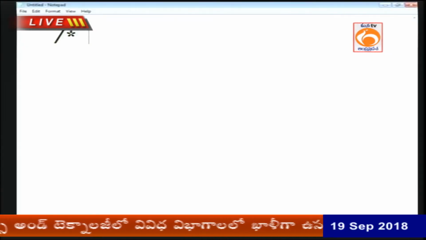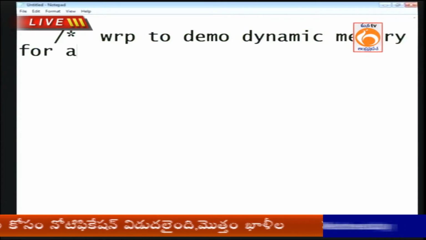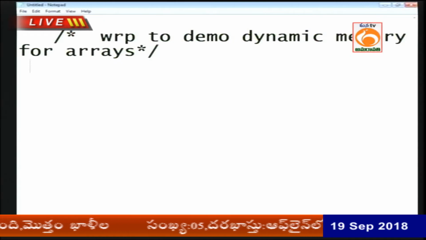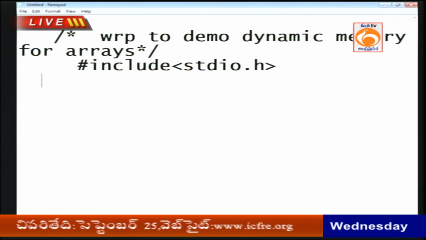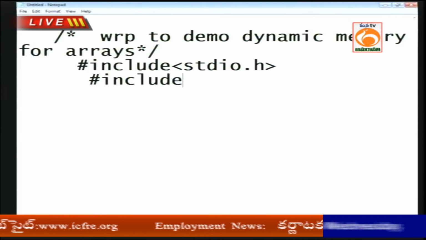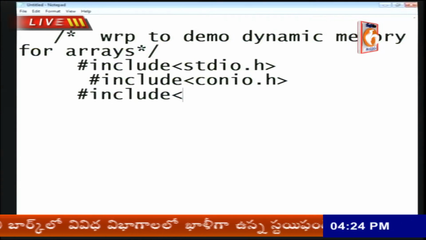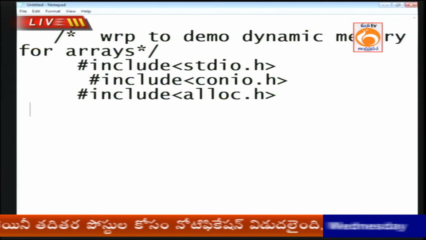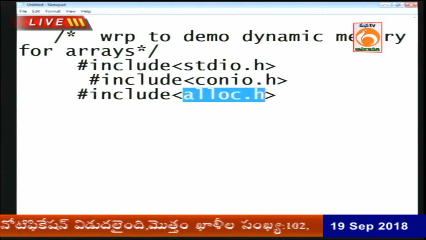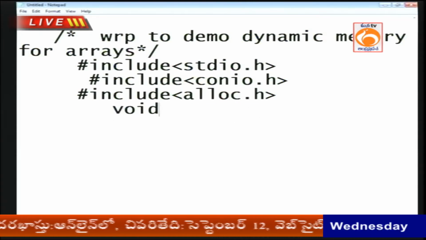See the program. Write a program to demonstrate dynamic memory for arrays. For an array variable I want to create a dynamic array, dynamic memory allocation. Hash include stdio.h, hash include conio.h. One more header file is also required because I want to use the malloc function, that is the reason for alloc.h. Void main,